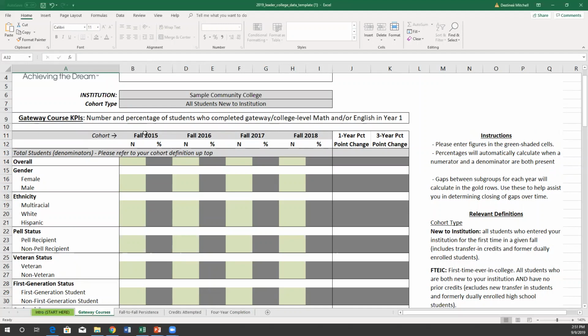So we know that this is the very beginning of a school year, and you might not have been able to get your fall enrollments yet because your school year might only be not even a week old. So for something like Gateway Courses, where it's just something that happens within the scope of a year, we look through the fall 2018 cohort because 18-19 has ended.